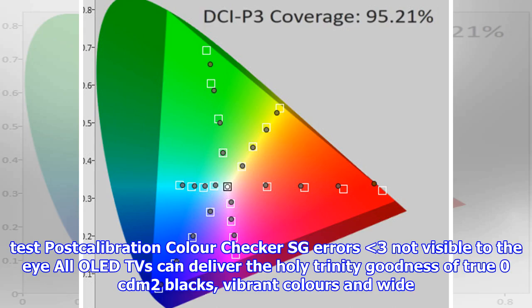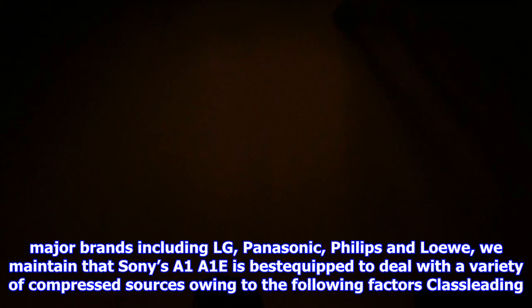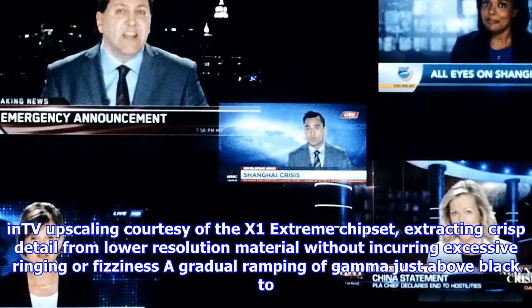All OLED TVs can deliver the holy trinity of goodness: true zero cd/m2 blacks, vibrant colors and wide viewing angles. So what distinguishes one manufacturer's model from another in terms of image quality is video processing and quality control. After reviewing and calibrating 2017 OLED TVs from most major brands including LG, Panasonic, Philips and Loewe, we maintain that Sony's A1E is best equipped to deal with a variety of compressed sources owing to the following factors: